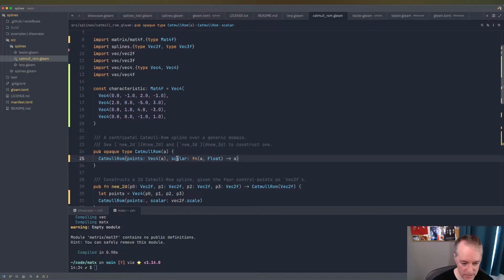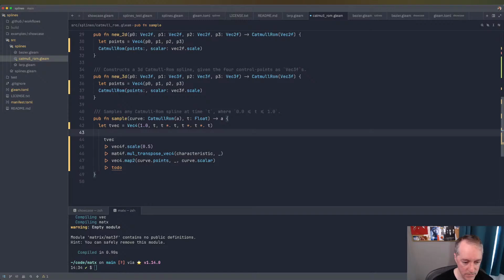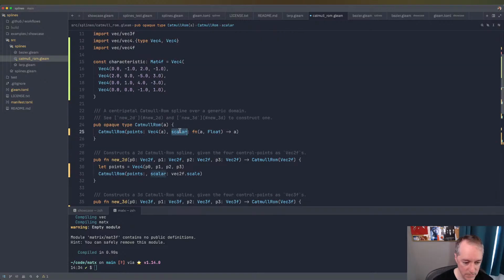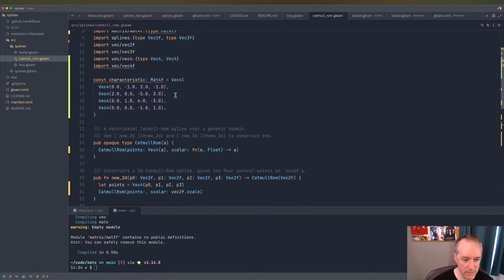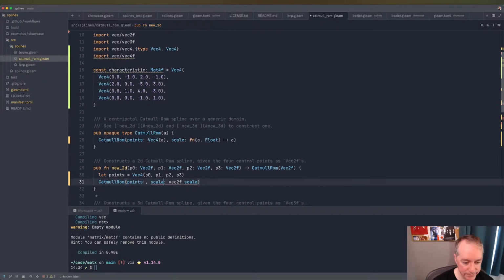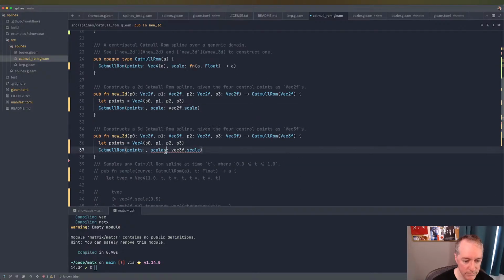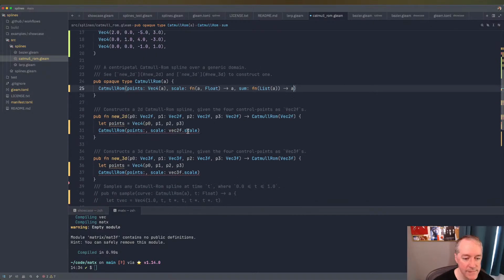Are you going to work for me? Let's comment this out for now and then see if we can get it to do rename. It really does not want to. We also need some. So sum is going to be a function of list of A to A. So here we need